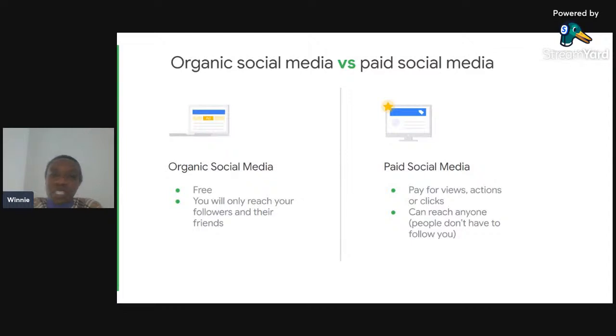You need to build a community. And one way of building your community is to make sure that you have content constantly, three times a week at least, at the bare minimum, depending on the industry you are in as well. So do not neglect your organic social media posting and just ignore it and go to paid social media, because after you have completed your ads, these people will want to come back to your page and find information. But if they come back and there's no information, then all the efforts that you put into your paid social media advertising will go to waste.